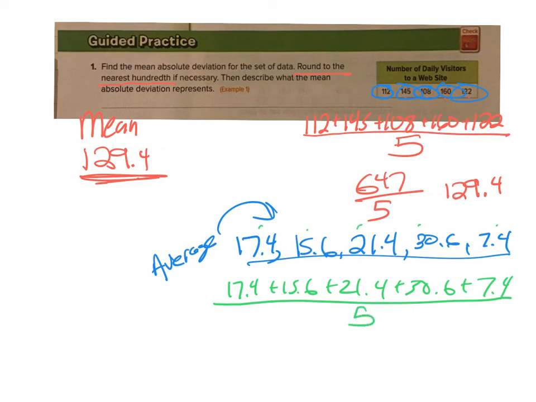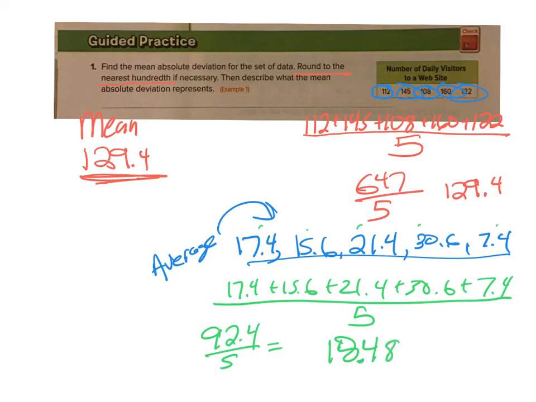When I do that, that gets me my mean absolute deviation. So let's add them up. 17.4 plus 15.6 plus 21.4 plus 30.6 plus 7.4 equals 92.4 divided by 5. When I do that, I get